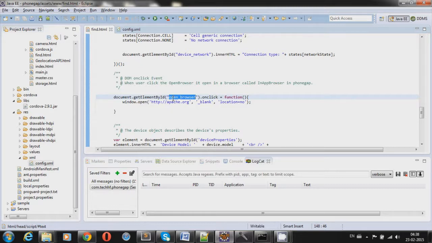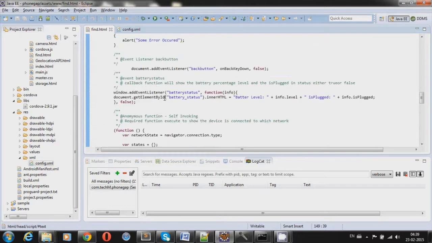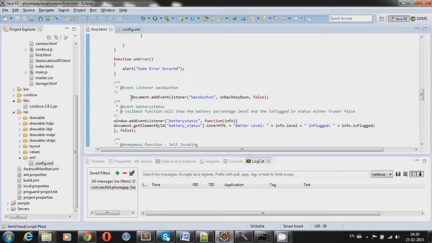So we will see what is in-app browser. So this is the in-app browser. We will have a button on the UI. We will see once we run the app, how we execute all this and how we can see it on the device. When clicking on the button open browser, we have created an on-click event where we open this URL and it will open on the next page. This gives a feature where it shows how to render an HTML page on a web view on PhoneGap.